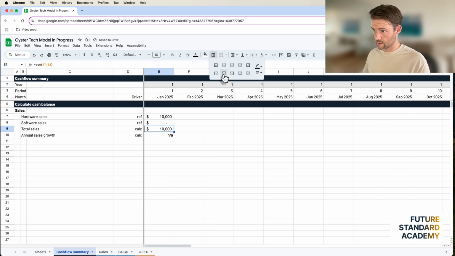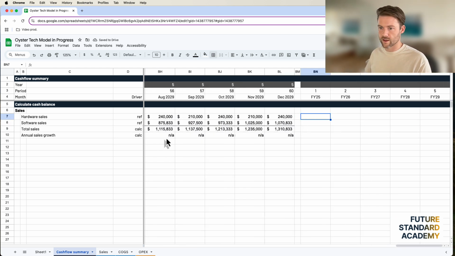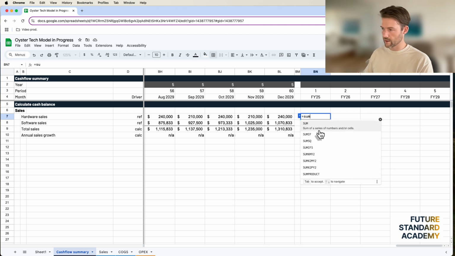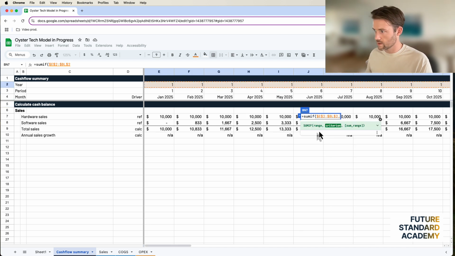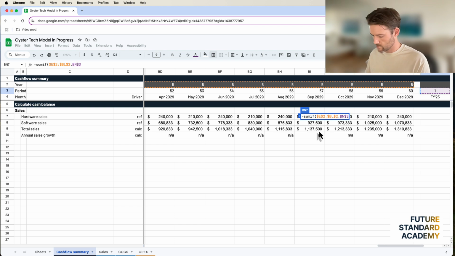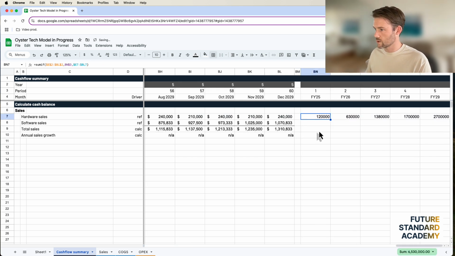Okay, so we're going to do that. I'm going to fill that over. We're not going to fill it to the end though. Now I need to do a SUMIF formula. Don't worry about following along if you're not used to the formulas here, but what I'm trying to do is sum up all the monthly information into these single columns based on a certain criteria. So I'm going to say if these rows equal 1, 2, then I want to sum these dollar values, which I'm going to fix by column. I think that should work.